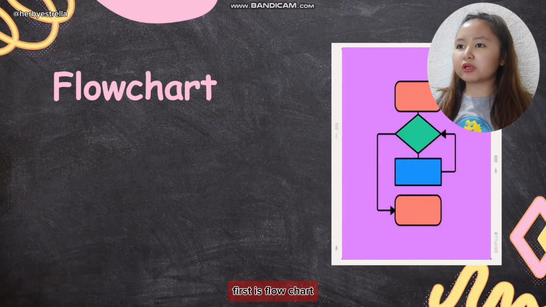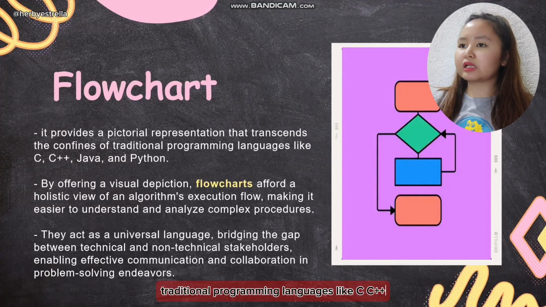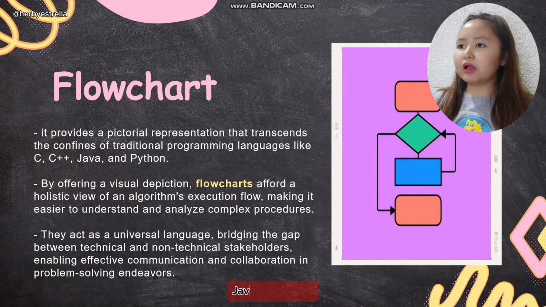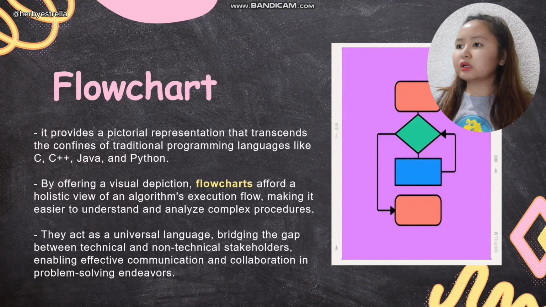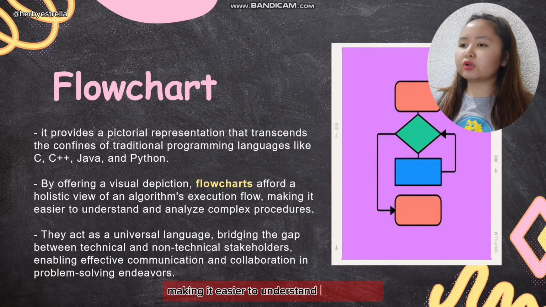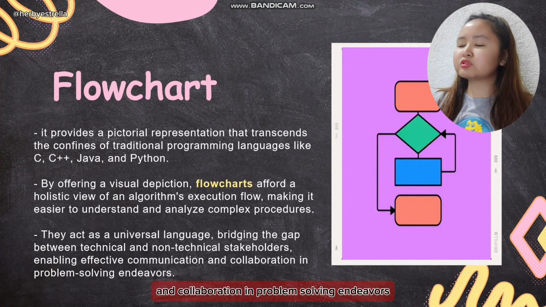2023-2024. First is flowchart. It provides a pictorial representation that transcends the confines of traditional programming languages like C, C++, Java, and Python. By offering a visual depiction, flowcharts afford a holistic view of an algorithm's execution flow, making it easier to understand and analyze complex procedures. They act as a universal language, bridging the gap between technical and non-technical stakeholders, enabling effective communication and collaboration in problem-solving